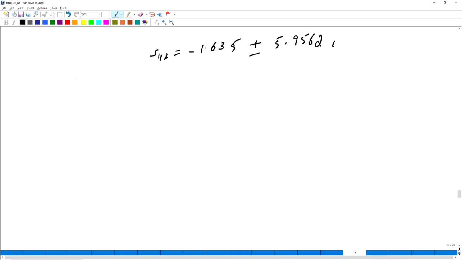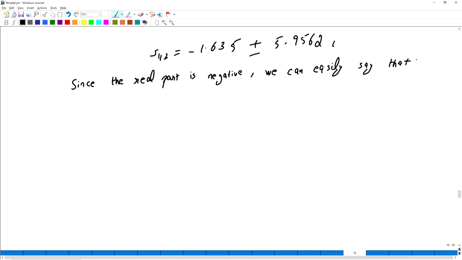So here, since the real part is negative, without plotting anything, we can easily say that the system is stable.